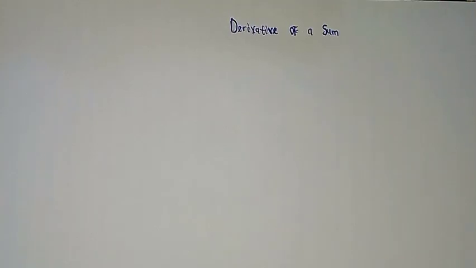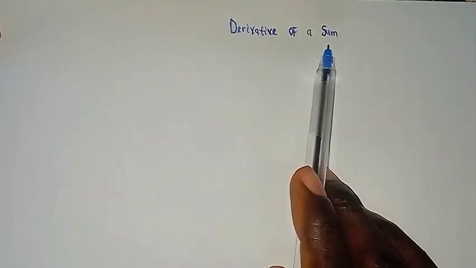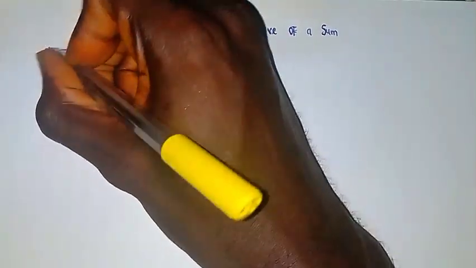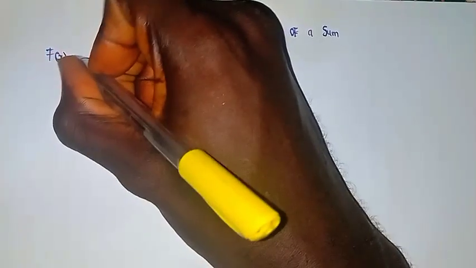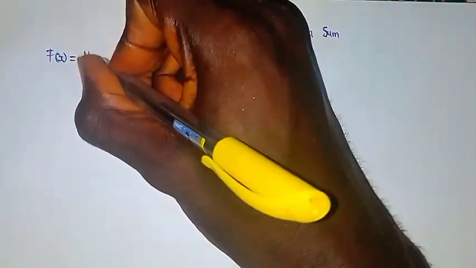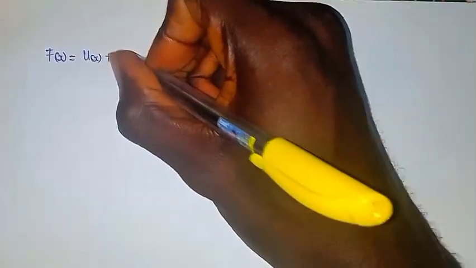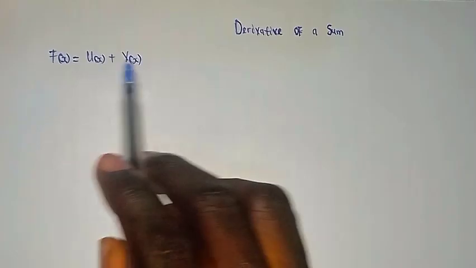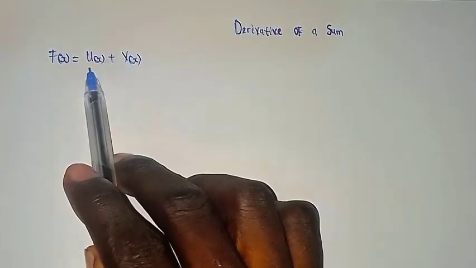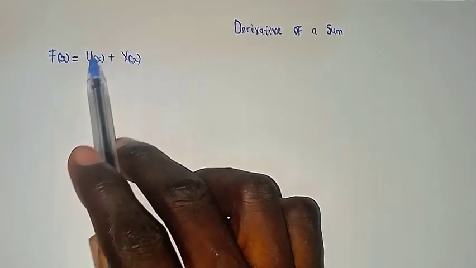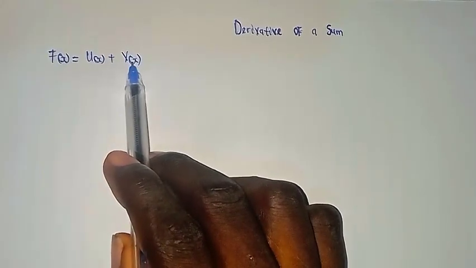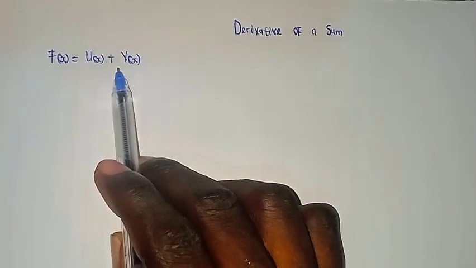So in this video, we'll be looking at the derivative of a sum. Let's say we have a function f of x is equal to u of x plus v of x. Now this is the sum of two functions. f is a function of x, u is a function of x, and v is a function of x as well. So differentiating using